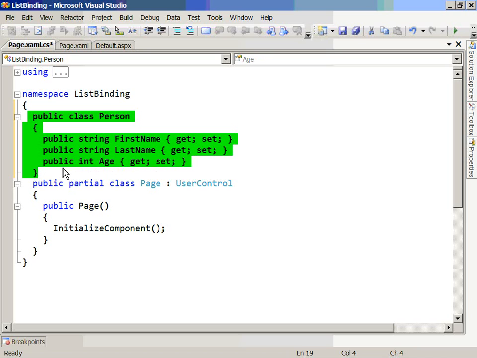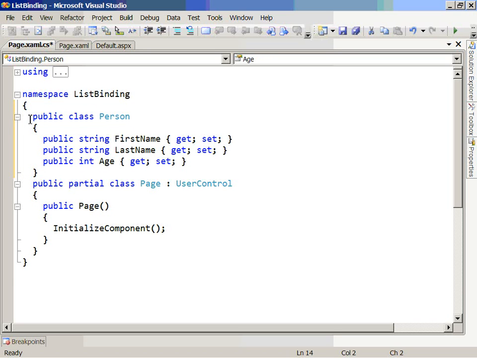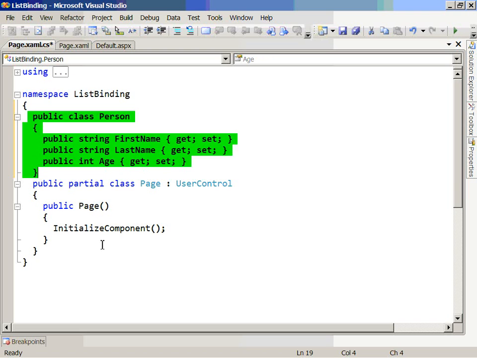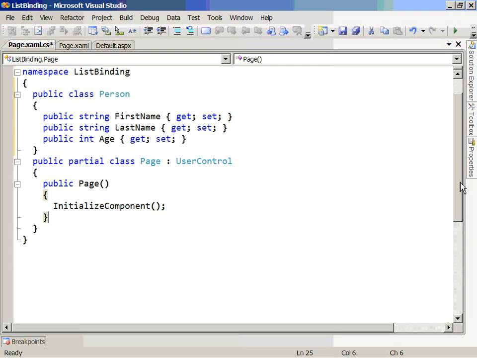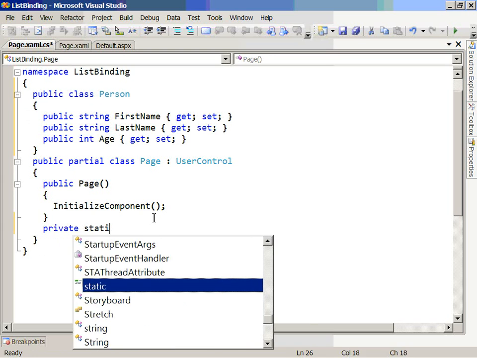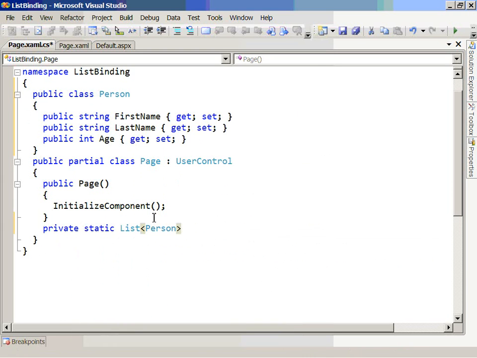Notice that we should really implement change notification if we want to really do binding with this, as I showed in the previous video around more simple data binding. But here we'll get away with just having this very simple class like this. Let's write a method that creates a few of these Person objects. So let's just have private static List of Person. We'll call this MakePeople, something like that. And what we'll do is we'll return a new List of Person,